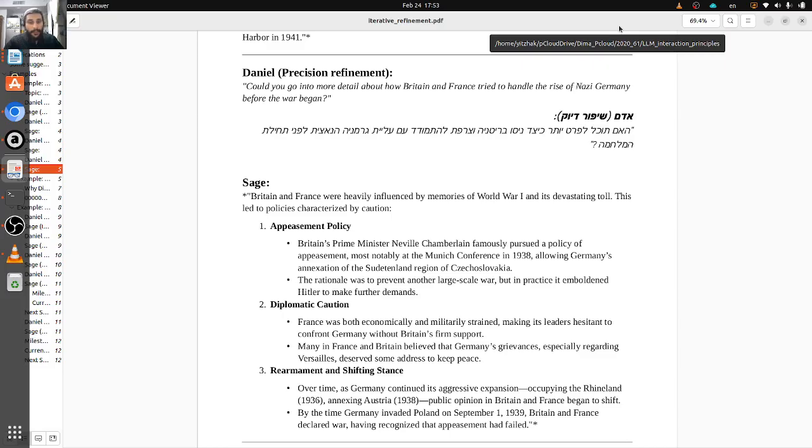And as we see here, indeed, Sage does what he was asked to do by mentioning the major events and policies that were related to Britain and France, such as appeasement policy,